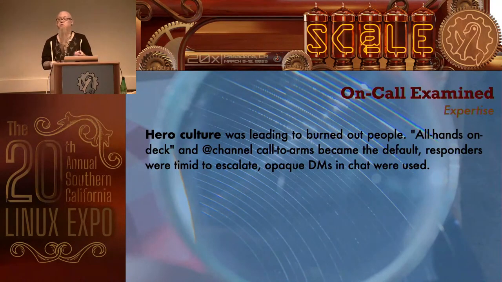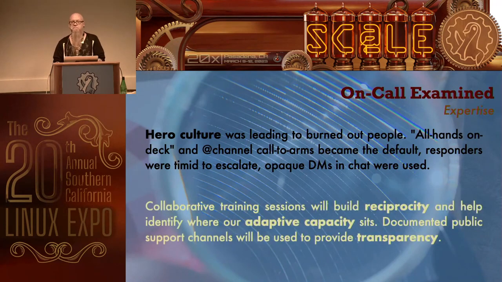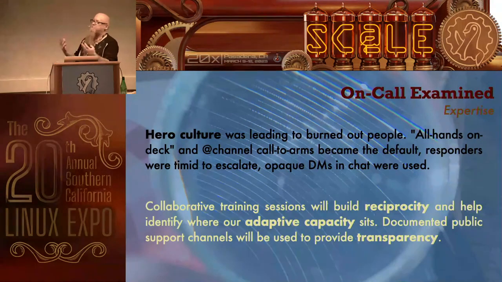Heroes were the old-timers. They were the ones that knew where the bodies were buried. They were the ones that were also very quick to help people. So they were the ones that people would always go to. So this builds on itself, and this can build on people, and this can make silos of knowledge and islands of data. So we want to have collaborative sessions to try to get out of this.